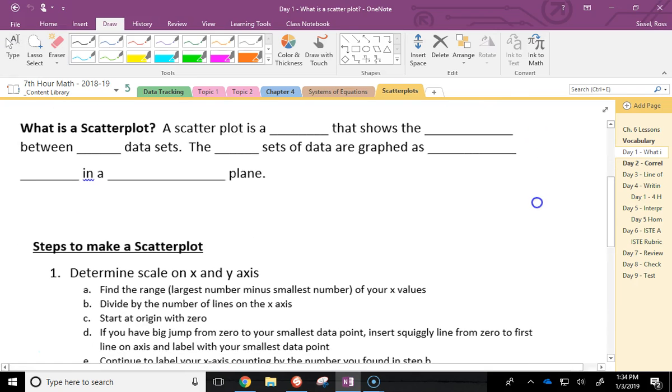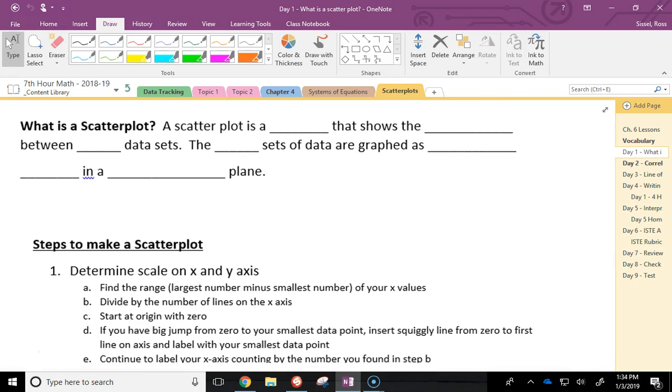Your first page should look like this at the top. It says, what is a scatterplot? Everyone open up that first fold. We're on there? Alright, it says, a scatterplot is, we are going to write in here, it is a graph that shows the relationship